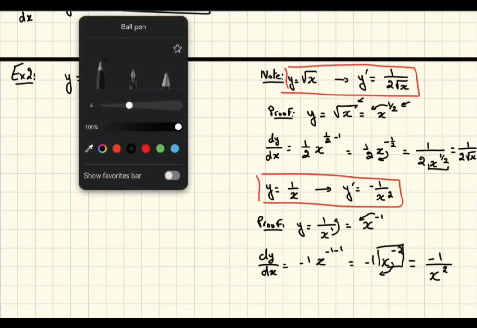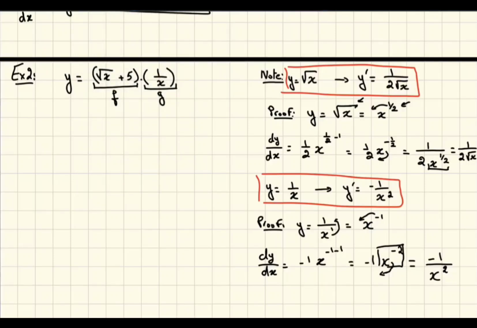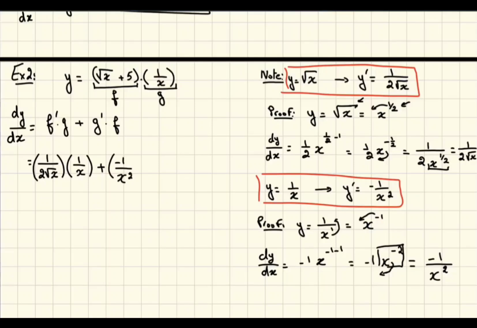Now, going back to what we were doing, f in this case is radical x plus 5, and g is just 1 over x. To find dy over dx in this case, I need to apply the rule, which is f prime g plus g prime f. Now, what is the derivative of f? I need to do derivative of radical x alone, and if I know the rule, I can use it. So 1 over 2 radical x multiplied by g as it is, which is 1 over x, plus g prime, derivative of 1 over x. If I know the rule, I will write it minus 1 over x squared times f as it is, which is radical x plus 5,